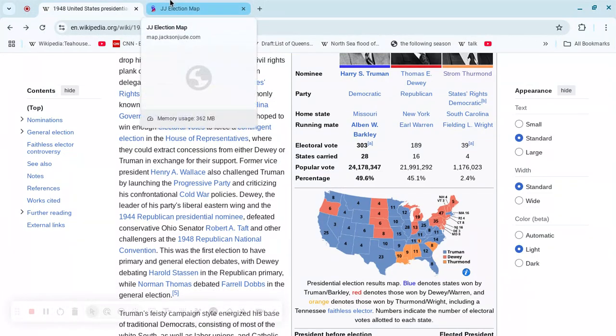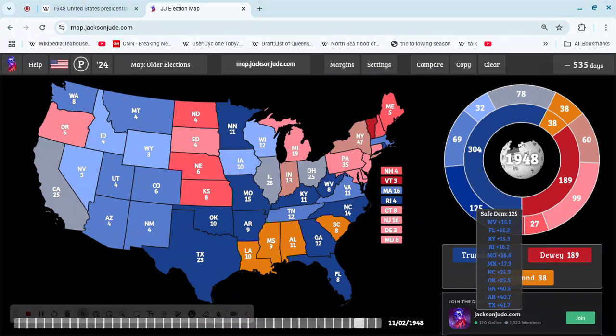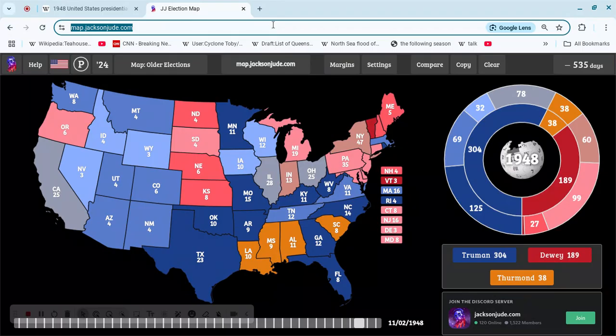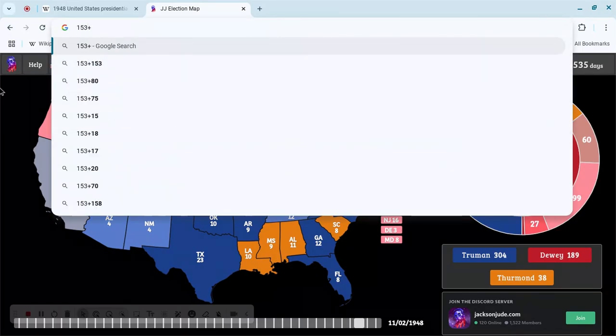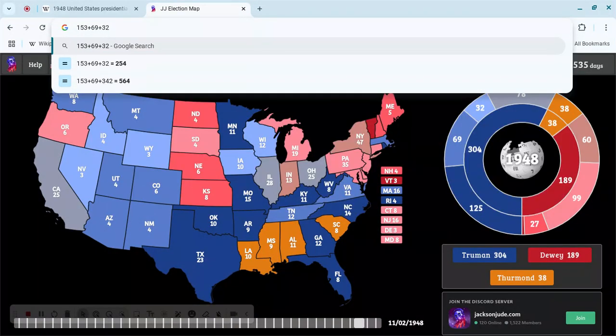It doesn't really matter either way, because either way, now this puts Truman at 352 electoral votes to the 189 won by Dewey. And because these votes are all joining a safe South, then we can see the effects on what the tipping point state would be. Seeing as now, what you have to do changes. Seeing as now you have 153 votes in a solid Democratic column, you still have 69 and 32. That's 254. So that's 254 electoral votes.